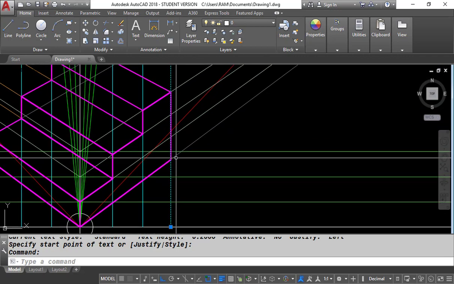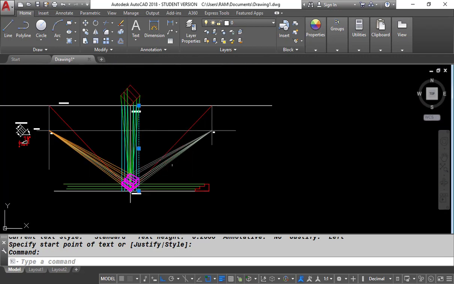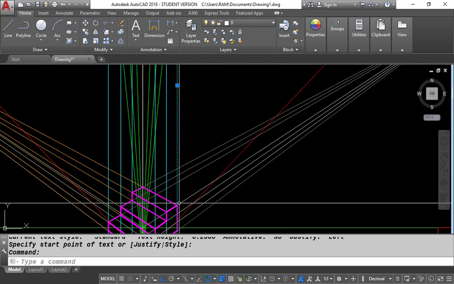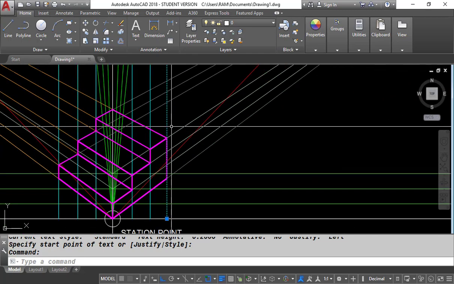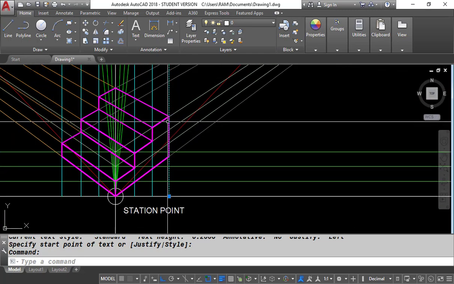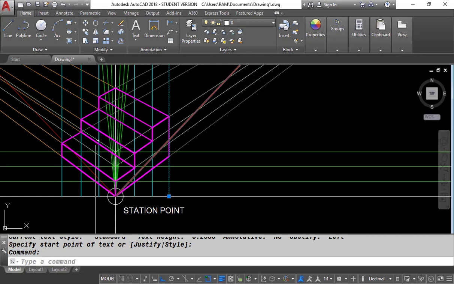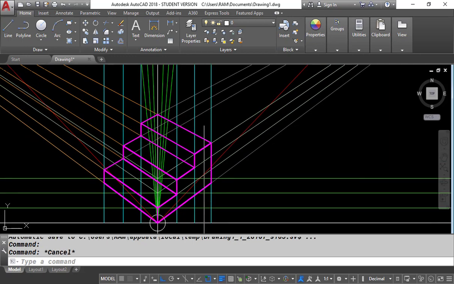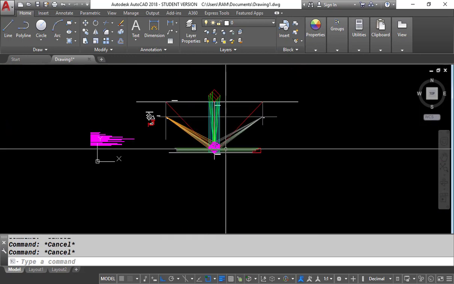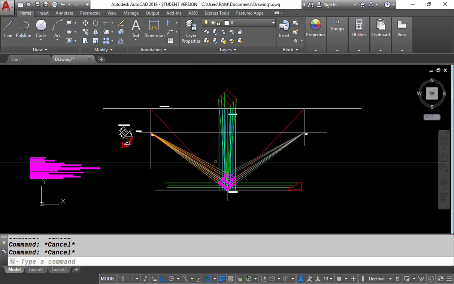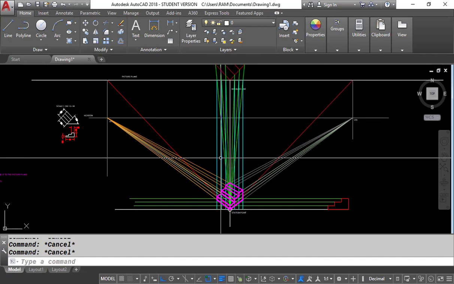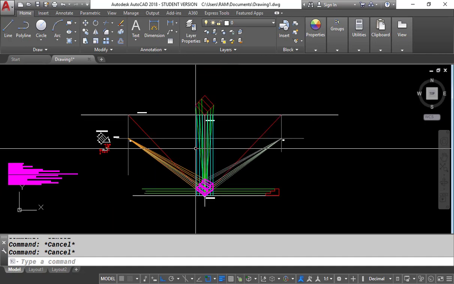Then after you have to draw the vertical line. The vertical line you will draw up to the vanishing point, wherever it connects. So it will be drawn up to here. From this point you will connect to vanishing point 1. Then after you have to draw the staircase like this. So this is our procedure to draw the perspective view of the staircase.